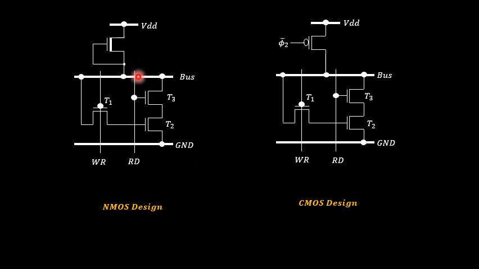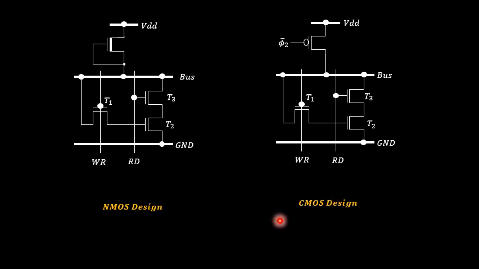So if you look into this particular circuit diagram now, the pull-up comprises one single NMOS depletion type of transistor, which we have already studied. For any kind of circuit with any type of Boolean expression that I want to design, the pull-up will be reserved for only one depletion type of NMOS transistor, whereas the pull-down has three enhancement type NMOS transistors.